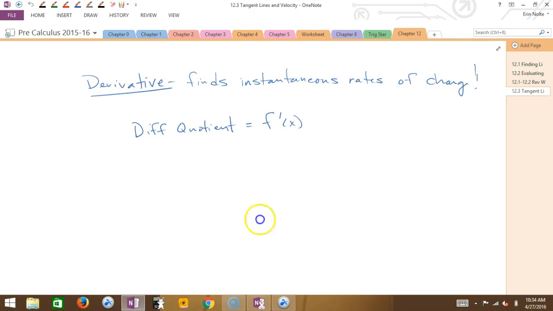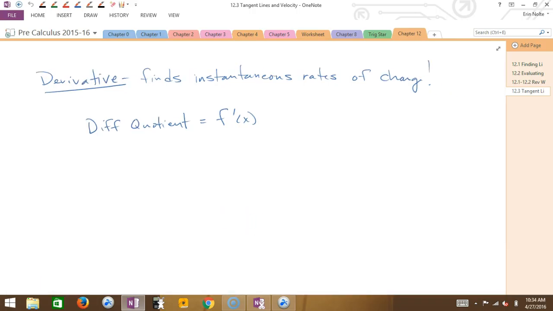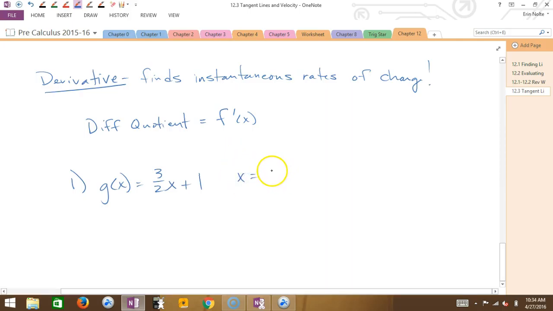Let's do a couple examples. Something quick, and then I'm going to go a little bit deeper, and then I'll let you guys run with this. If I was going to find the instantaneous rate of change at x equals 10,